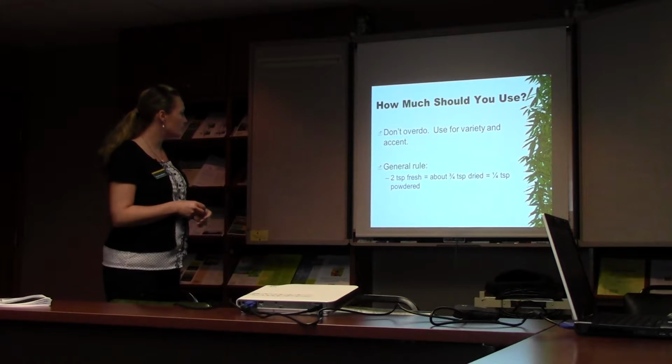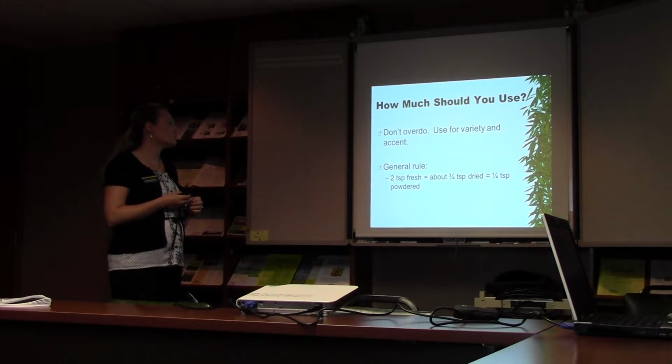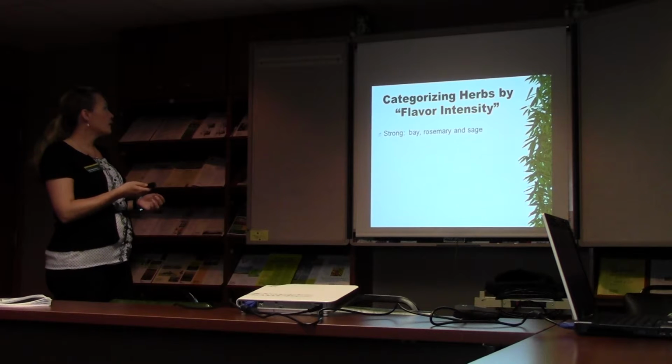The general rule is 2 tablespoons fresh equals about 3/4 teaspoons dried, and that equals about a 1/4 teaspoon powdered, because of the size difference. Okay,